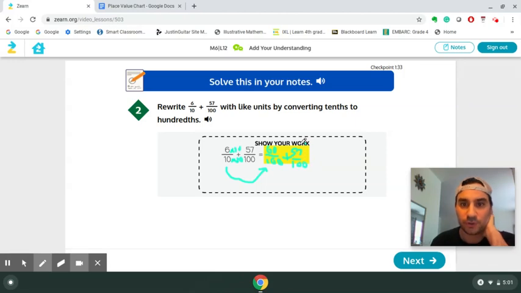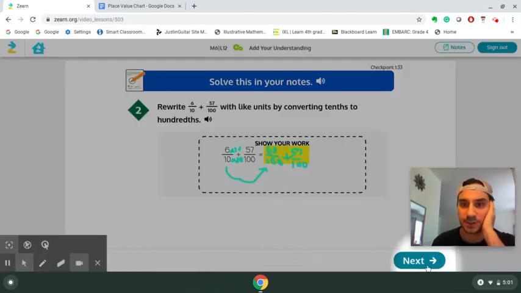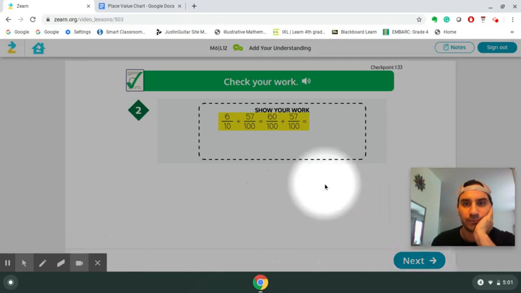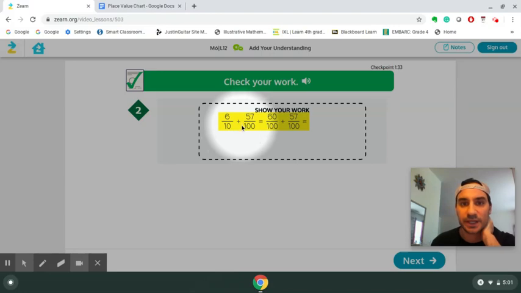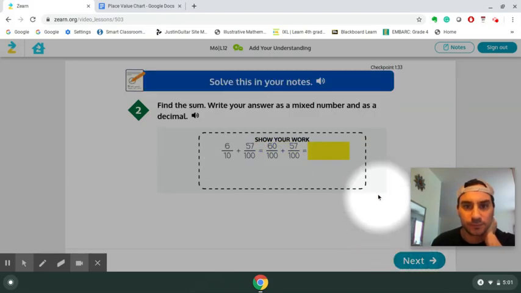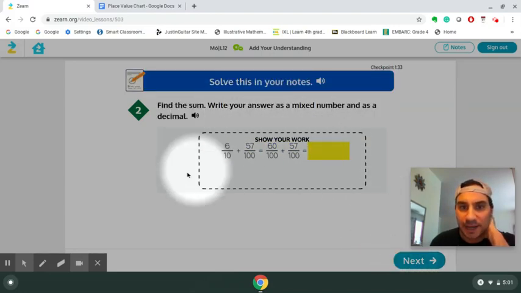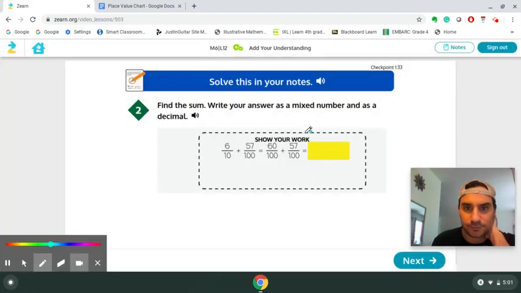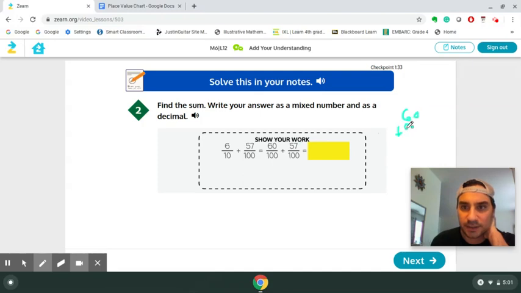And this is going to be our new addition sentence: 60 hundredths plus 57 hundredths. Make sure you have this written down in your notes. And here we go. 60 hundredths plus 57 hundredths. All right, when we add these together, we get 60 plus 57. That's 7. 6 plus 5 is 11. Carry 1, drop that. 117